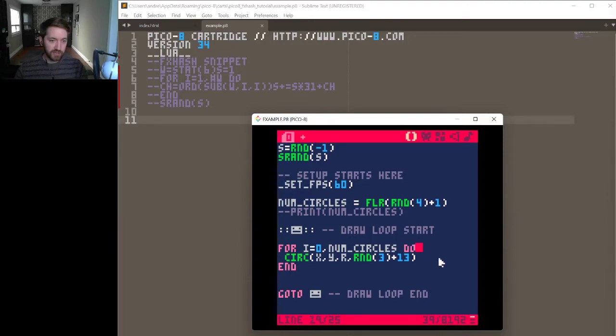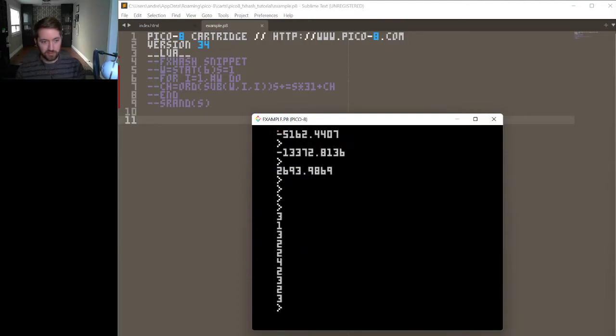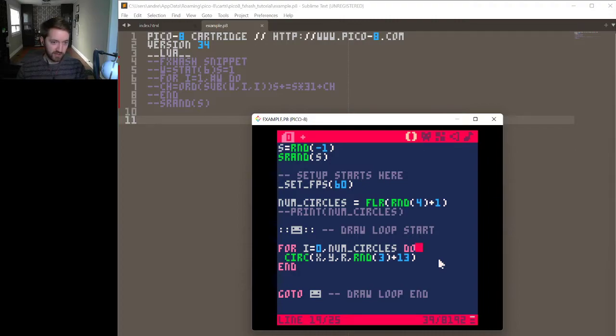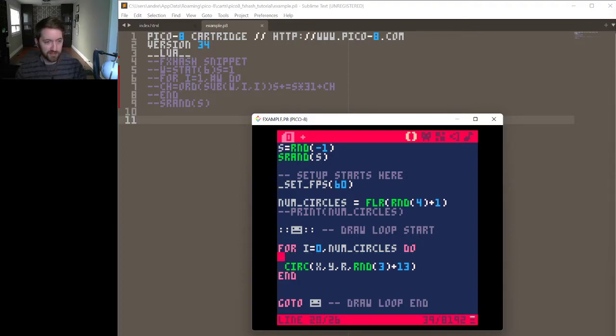Okay, so right now if I call this, it's going to throw an error. Or not, it's going to do nothing. Well, that's slightly concerning. But we're calling x, y, and r here, but we don't actually have an x, y, and r. So first of all, we're going to declare our radius. I'm actually going to just use a local variable. Local r equals,